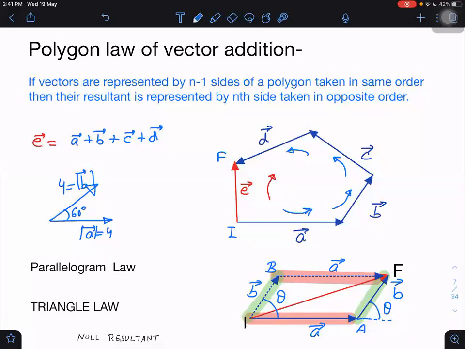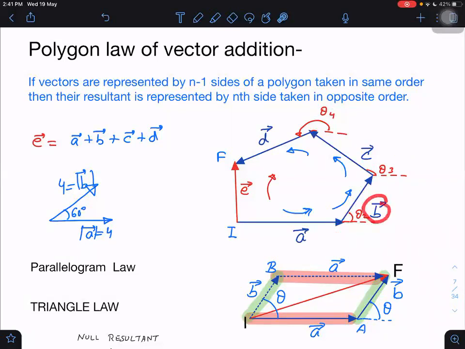What angles can I give you? Maybe I can give you this angle as theta 2, this angle as theta 3, and this angle as theta 4. And the angle of A, I will take as reference. This is already making what angle with the x-axis? Let us say it is along the x-axis, so it is making 0 angle here. So once these angles are given, theta 1, theta 2, theta 3, theta 4, can't I resolve into components?